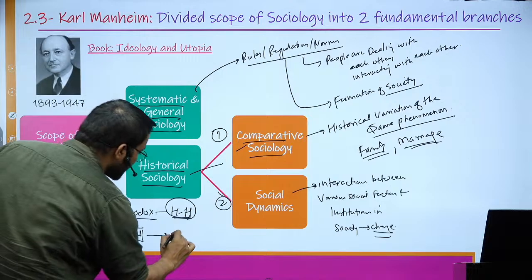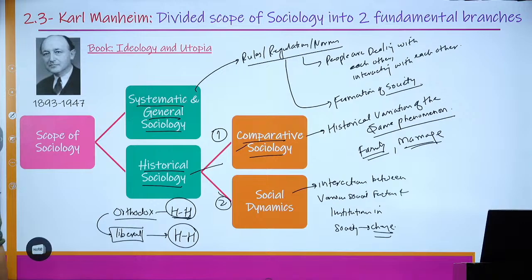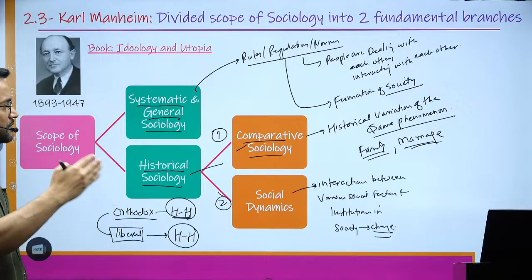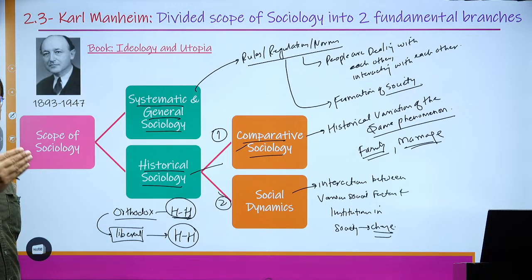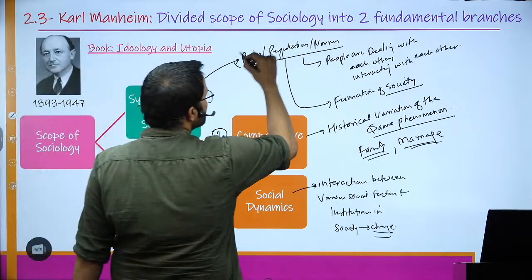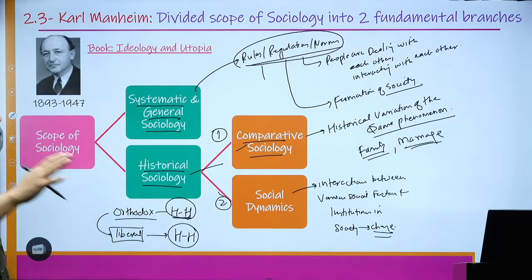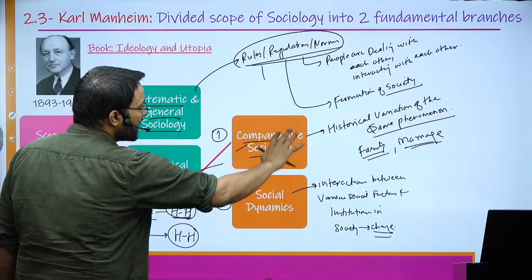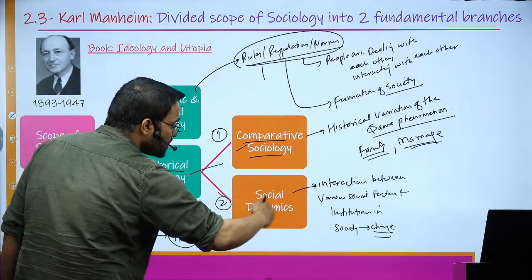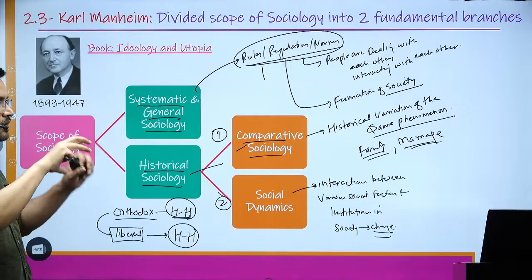So human to human interaction will again change. Now they will not follow the tenets of the caste system that much. So this is how we can say social dynamics, because it is also bringing small changes. Social transformation is going on because change is an essence of life. So we are talking about rules and regulations which govern one's social life and maintain order and stability. But at the same time, historical sociology, like comparative sociology, looks at how family is changing when you compare it from one stage to another, and also the small changes that occur throughout. So order and stability and change, both aspects are covered.